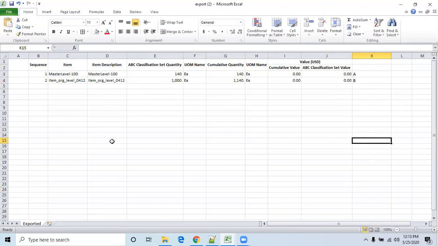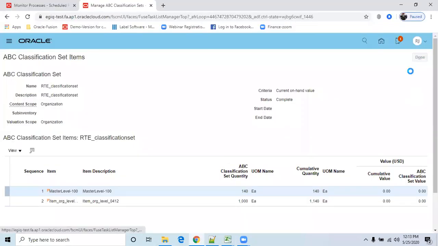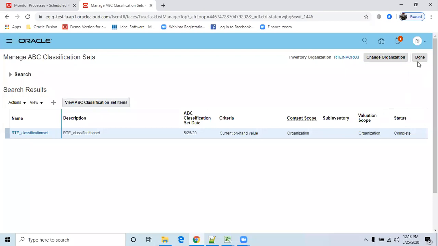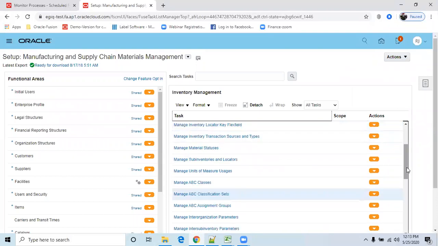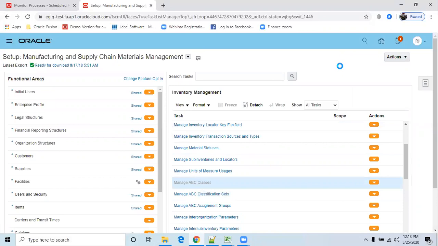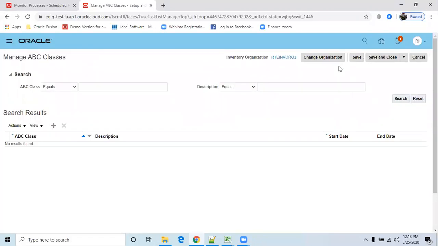Okay. So once you divide your items into groups based on the value, the next following setup is we have to go for ABC classes. So what do we mean by classes? According to the value of the items, we divided our complete classification into 3 groups, 3 classes.